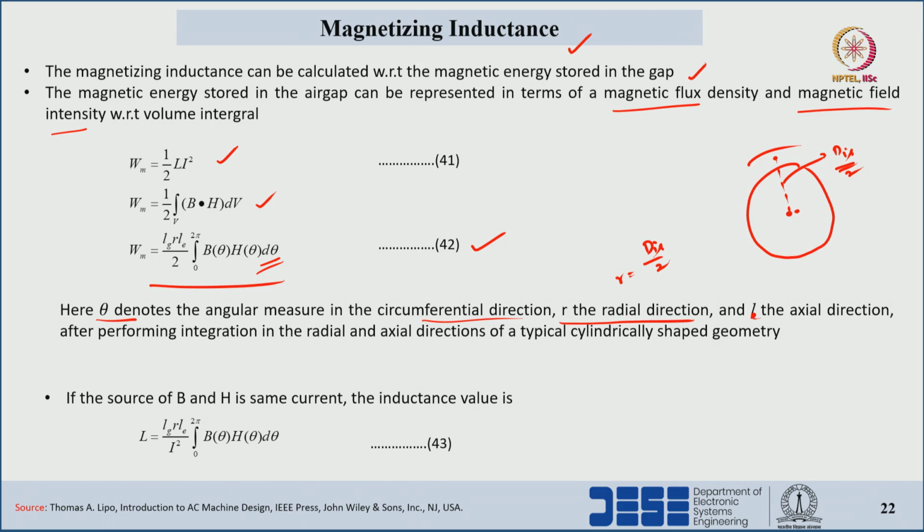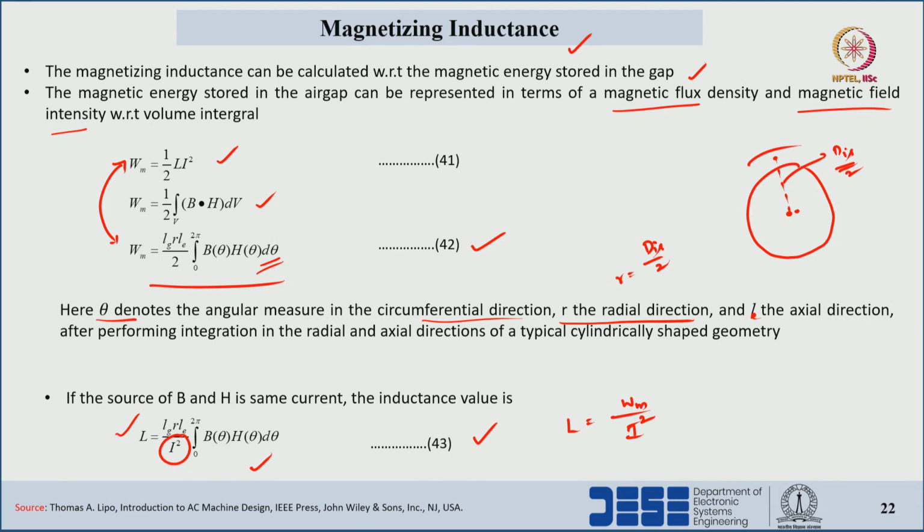So, if we want to calculate the inductance, relate these two equations, equation number 41 and 42. Based upon those two equations, L is equal to field energy divided by I square, right. That is what we can see here in equation number 43. Everything will be the same as equation number 42, divided by I square. So, by utilizing equation number 42 and 43, we will calculate the magnetizing inductance. Already we have calculated the magnetizing current, right, that is the I square term we know, and we will have to calculate the